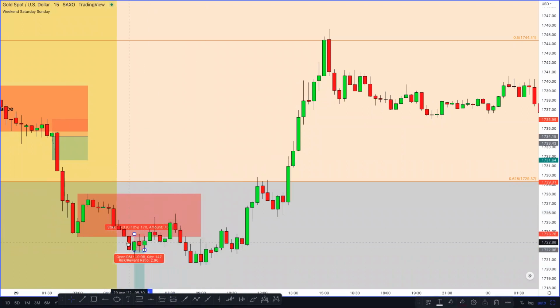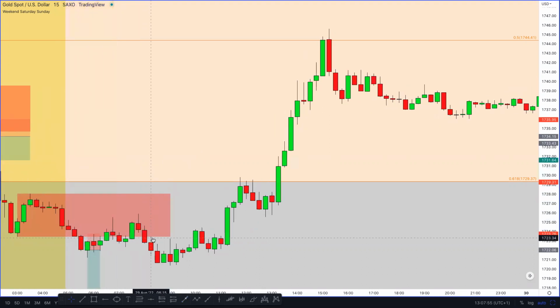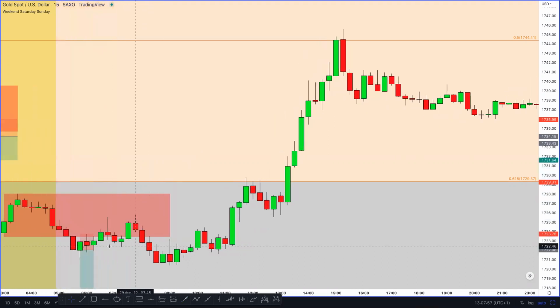And this is why I say keep the lot size the same, because if you try and increase your lot size, when you do get losing trades, you're going to end up losing more money than you've made. So let's just say here you made $2.50, or $12.50, more than likely $2.50. Now you would have lost maybe $1.07, or $1.70. So now let's move it to the next one. We can see that did happen there.